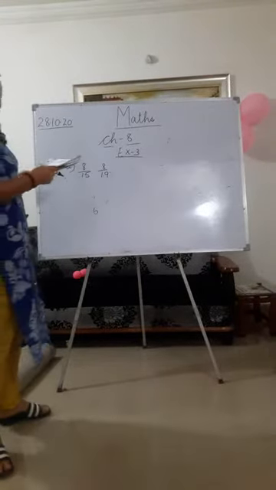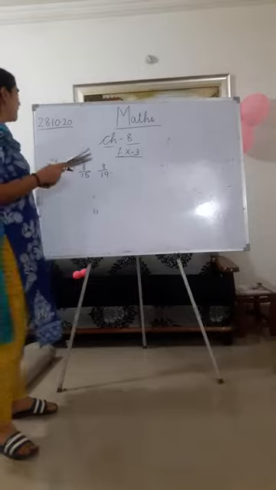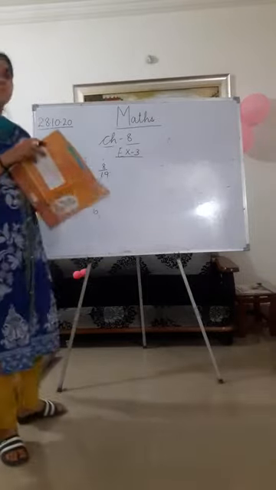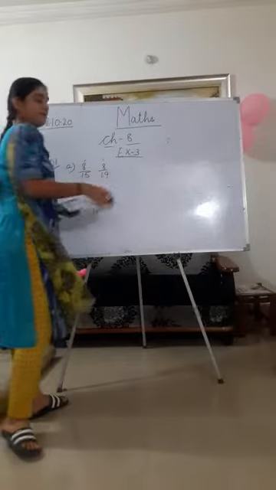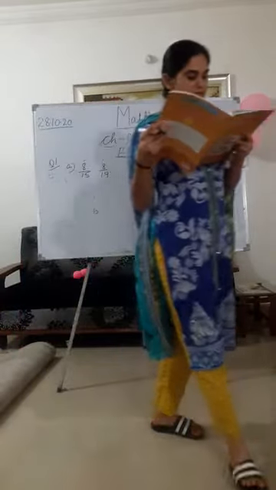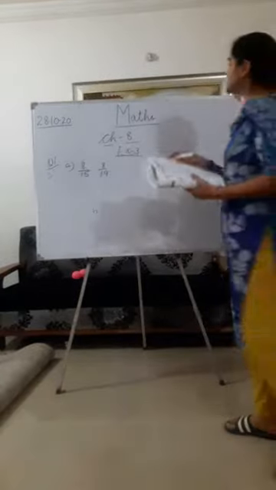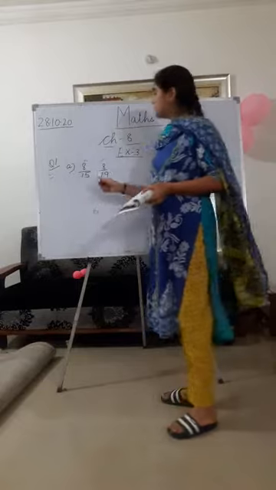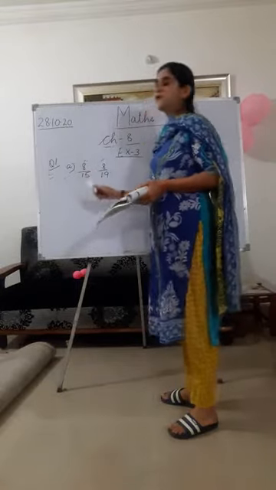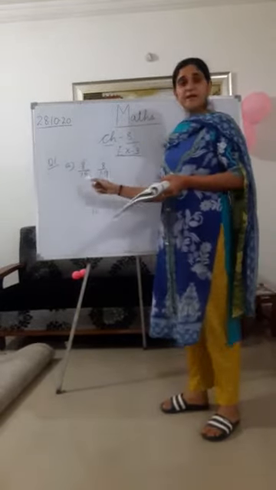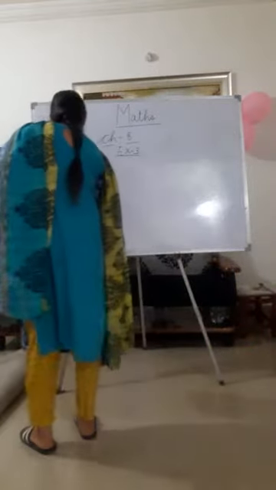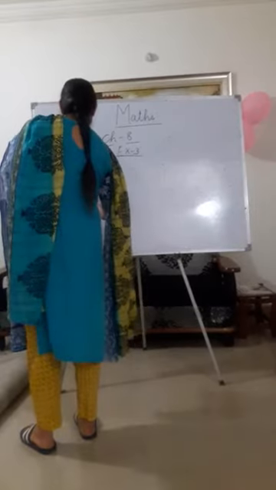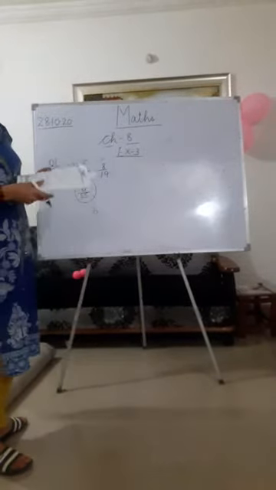So in this, which rule will we follow? Rule number 2. When the numerators are same, what will we compare? We will compare the denominators. So when the numerators are same, the fraction with the smaller denominator is greater. So in this, numerators are same. So which is the fraction with the smaller denominator? Which is smaller, 15 or 19? 15. So in this, our answer will be 8 upon 15. Okay, then you have to circle it. Got it?